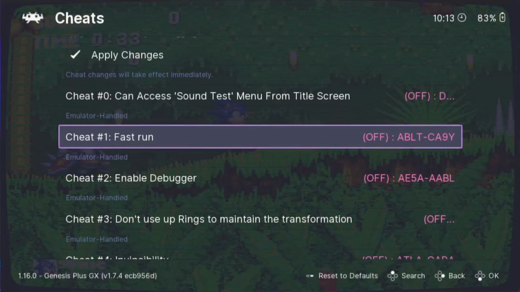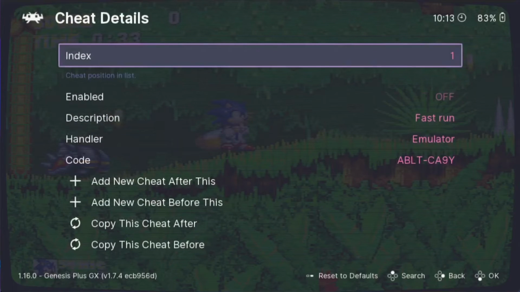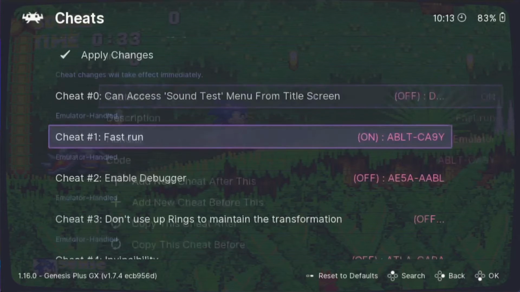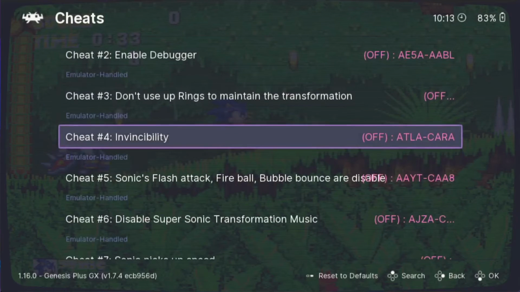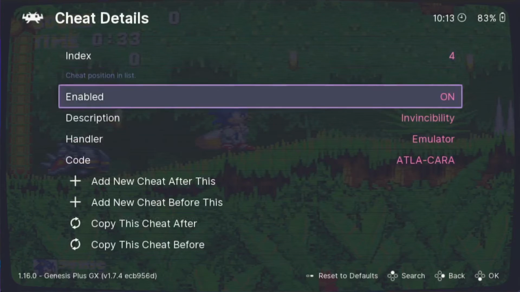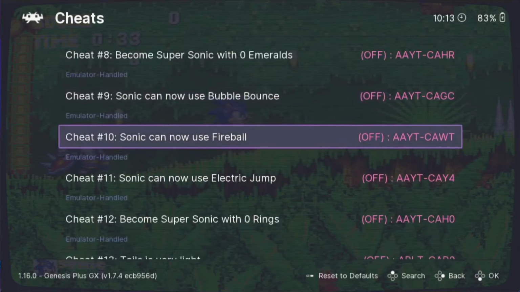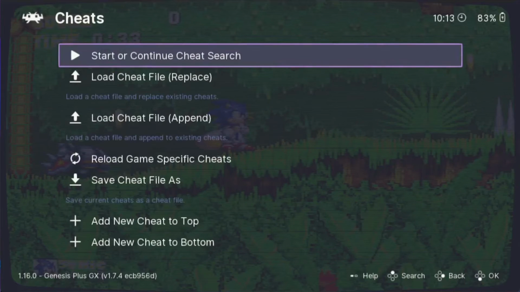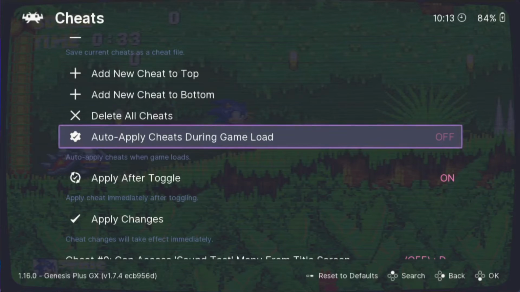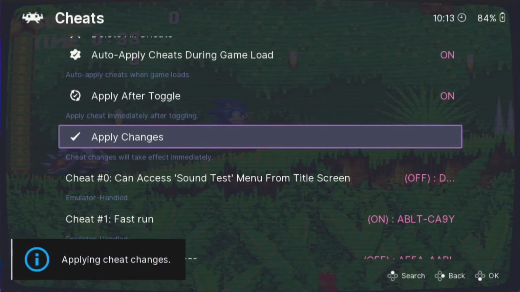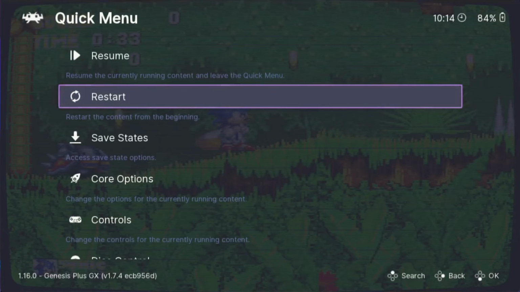So we can enable these really easy by pressing A to go in each cheat, and just dropping down one to enabled and pressing A to enable it. And we can go down to invincibility, just make sure these are enabled. And you can select as many of these as you want. So what we need to do then, once you've done this, is just go to auto apply cheats during game load. If I enable this, and I'll just go down to apply changes by pressing A. So if I just go down to restart from here,